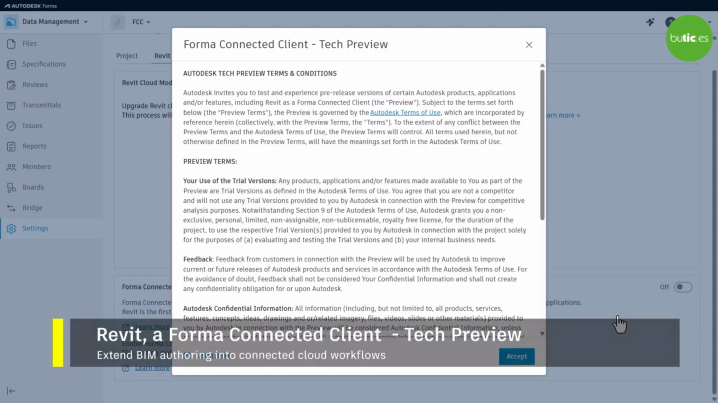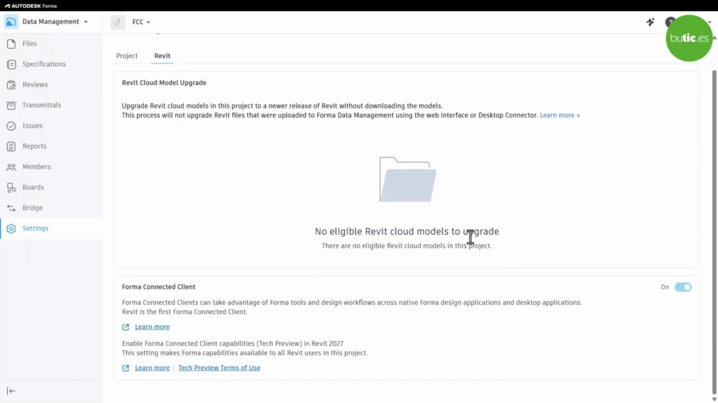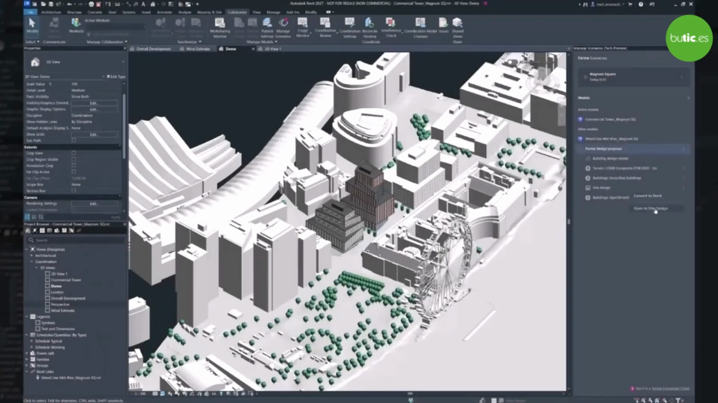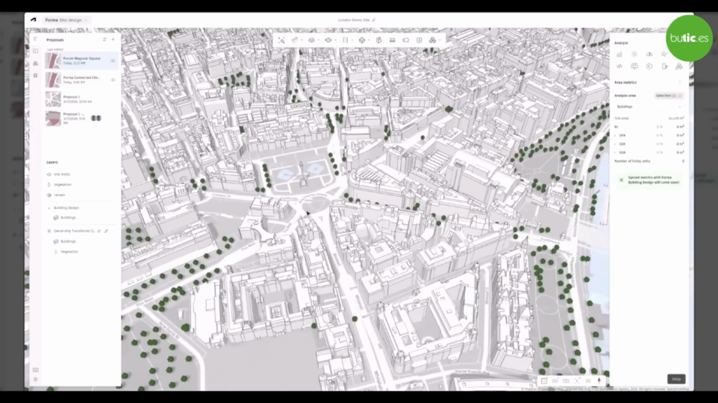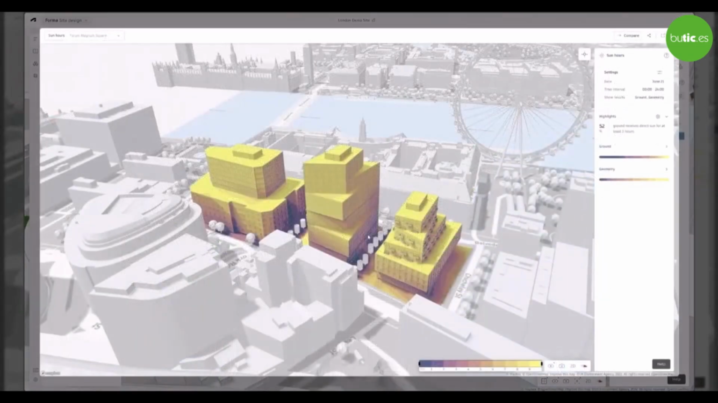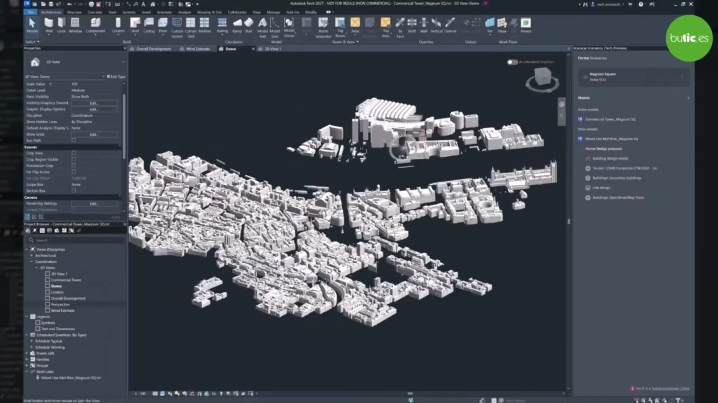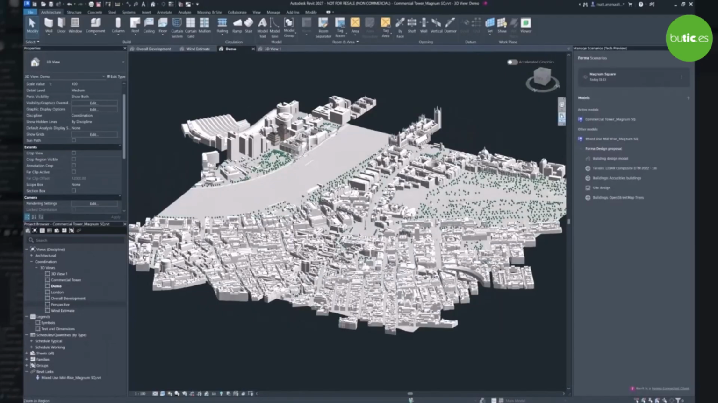Revit 2027 is the first Forma connected client in technology preview, establishing a direct connection to Forma's tools and capabilities within the design environment. Work begins by accessing a scenario in Revit, a shared, geolocated data container that enables connected workflows across applications. Data from site design and Revit can be cross-referenced in a single step without imports or exports,